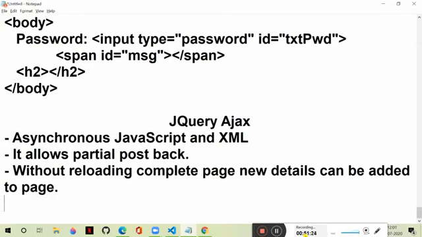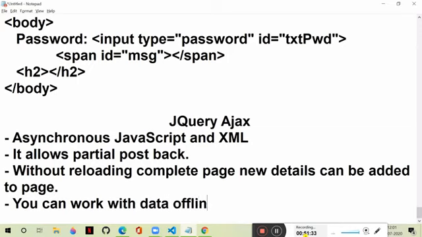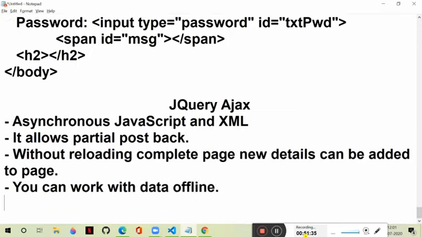The main advantage is you can work with data offline. That is important. It avoids communication with the server every time. That is the main concept of AJAX. So many AJAX methods are there, and so many AJAX options are there. Most commonly used, we have